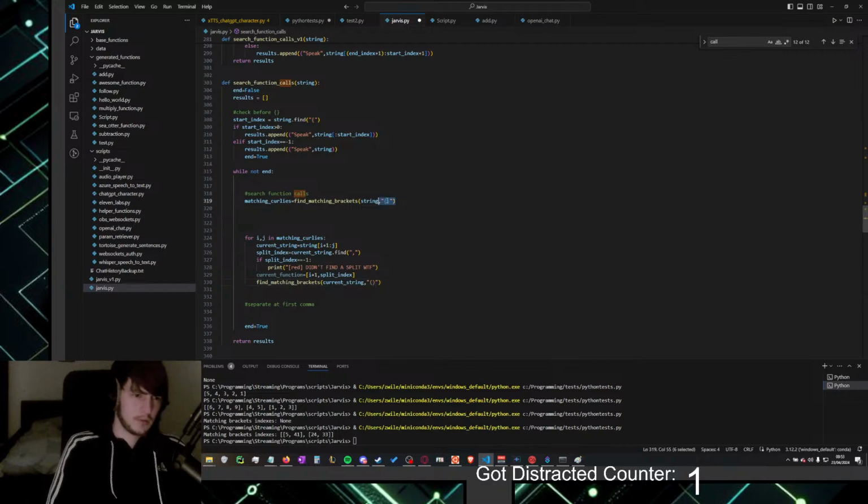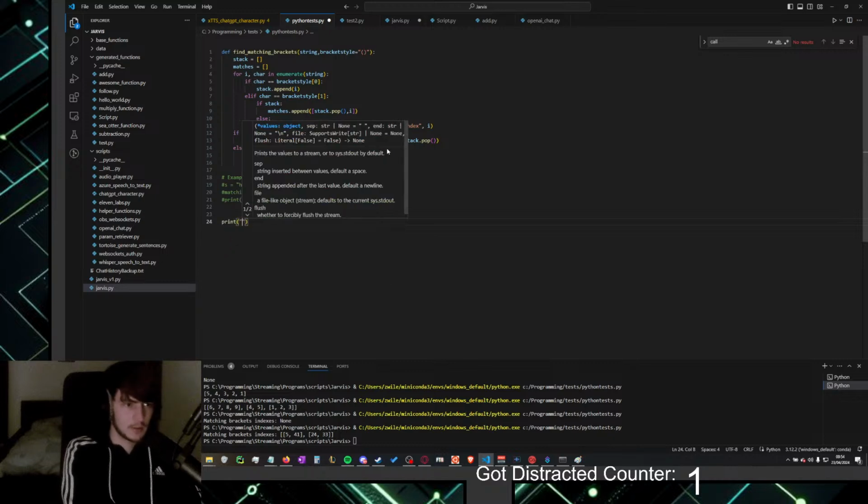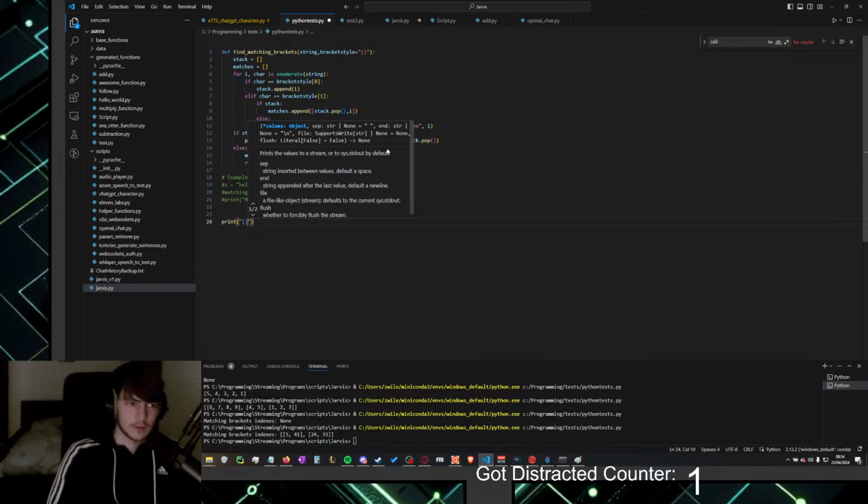I'm a bit worried because I think that's broken, because if you do print, then you can use that to format things.